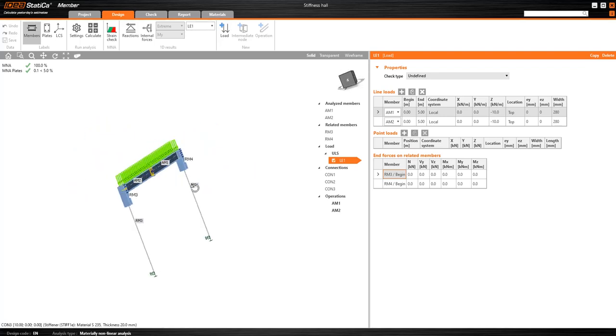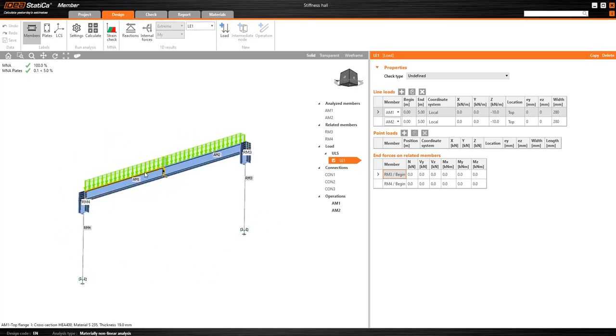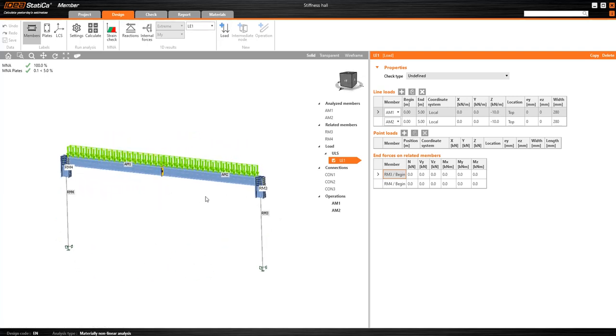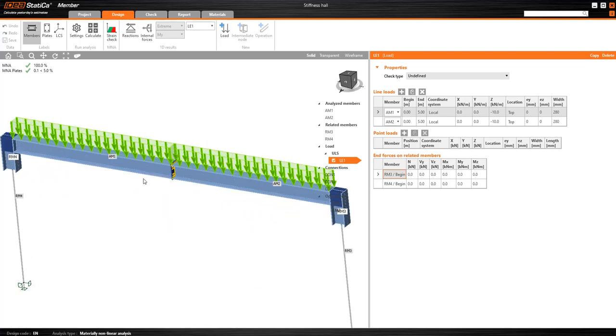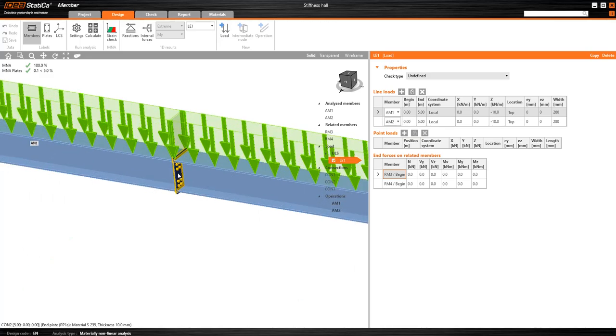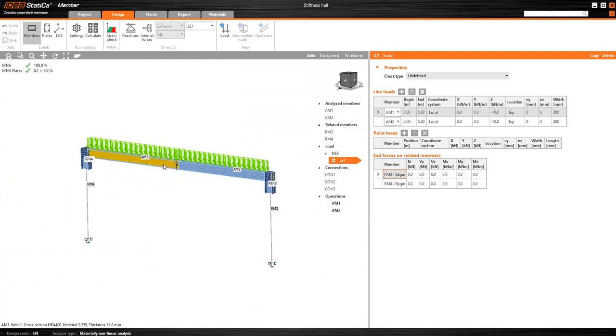Hello, good afternoon. Let me show you how you can work with the stiffnesses from IDEA StatiCa Connection in the global software, and let me show you the comparison with material nonlinear analysis in the application IDEA StatiCa Member, which considers also all the stiffnesses of the connections which are here. So we will start with the